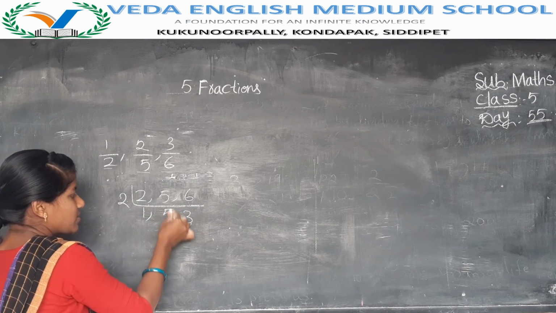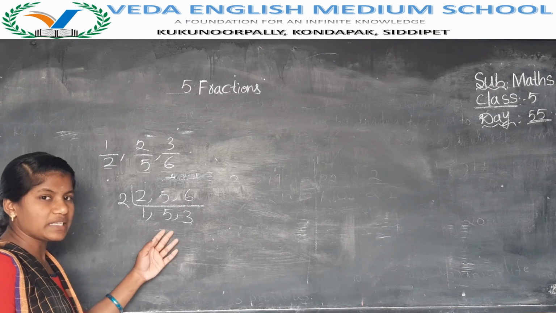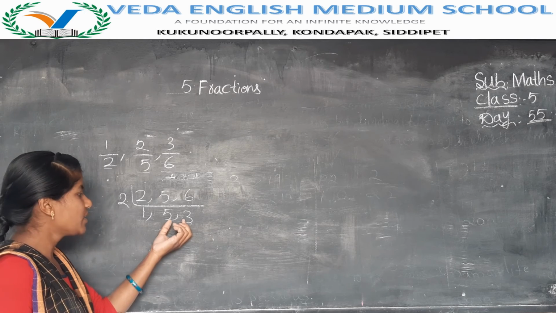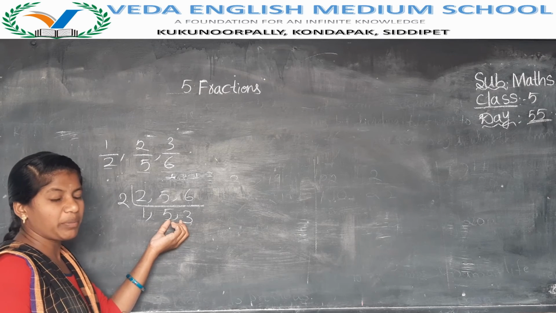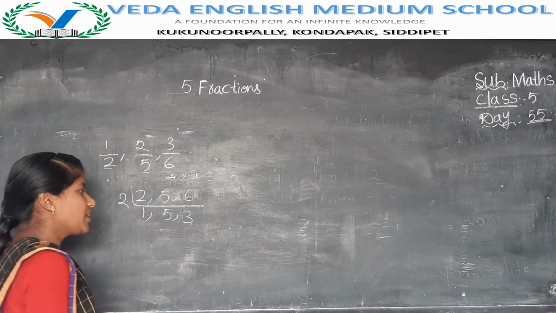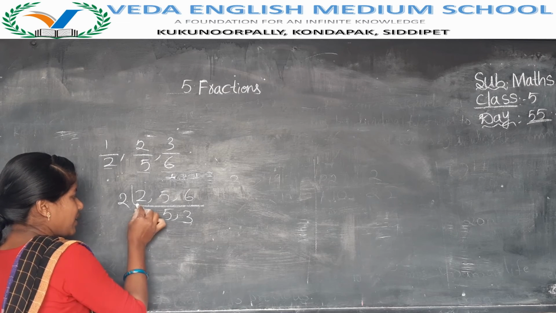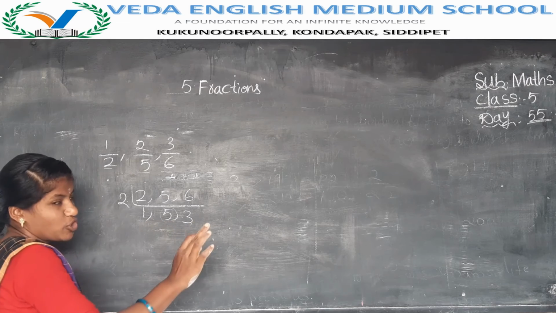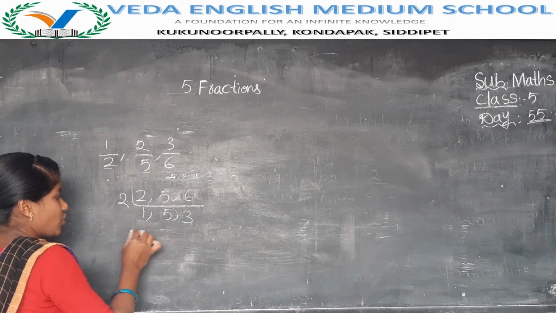2 3s are 6. You have to continue this LCM till you will get a prime number. చివరకు prime number వచ్చిన తర్వాత కంటిన్యూ చేయాలి. See, 5 and 3 both are prime numbers. So up to here LCM has completed. So no need to take 5 table because up to prime number వచ్చిందంటే LCM stop చేయాలి. No need to continue. So that's why I have stopped my LCM.